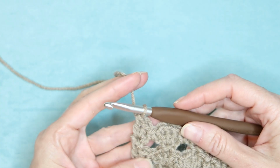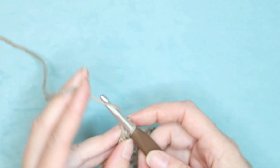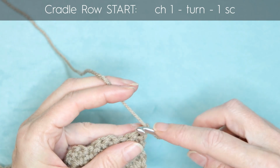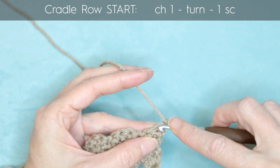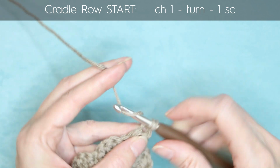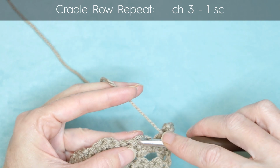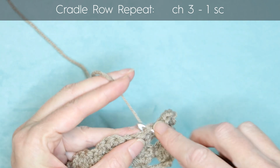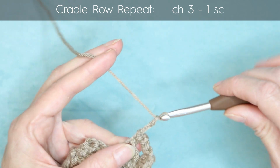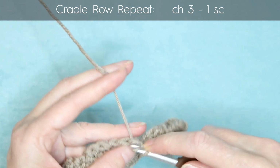When you've completed your 15 candy rows, we're going to end on a cradle row. So chain 1 and turn your work. And do a cradle row all the way back. So 1 single crochet into that first stitch. Chain 3. 1 single crochet into the center stitch of each candy. Chain 3. 1, 2, 3. Single crochet into the next candy,